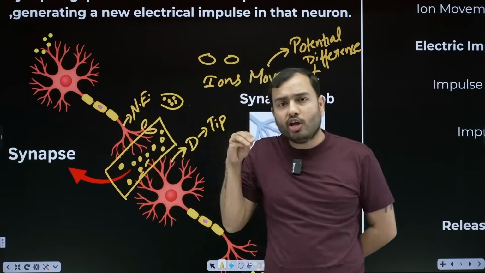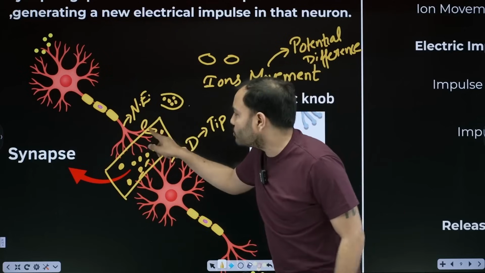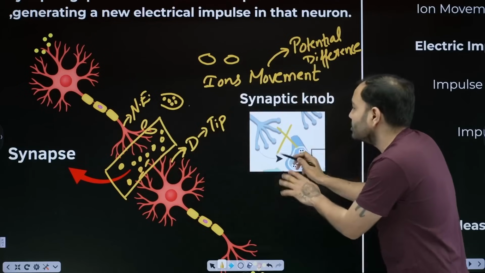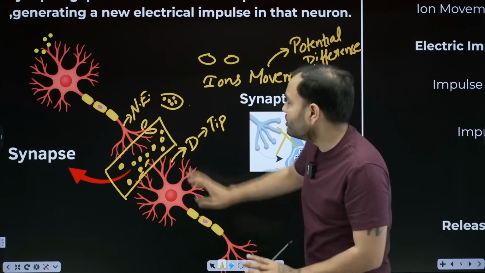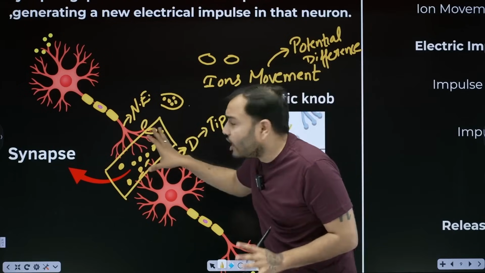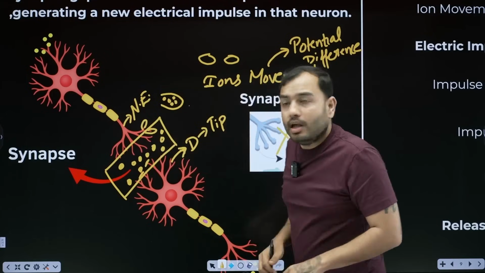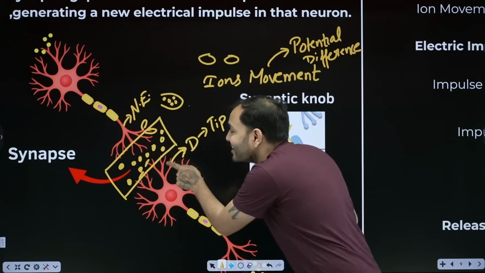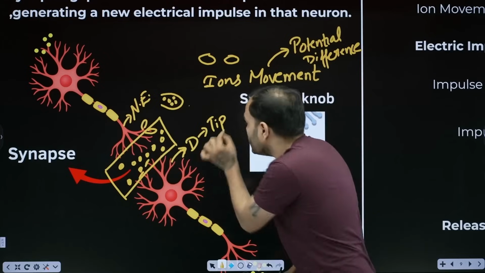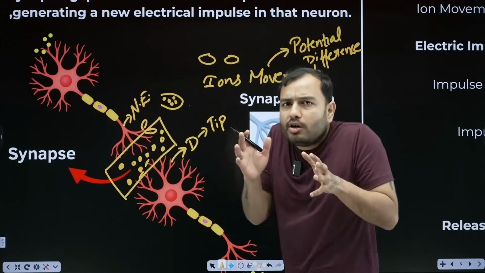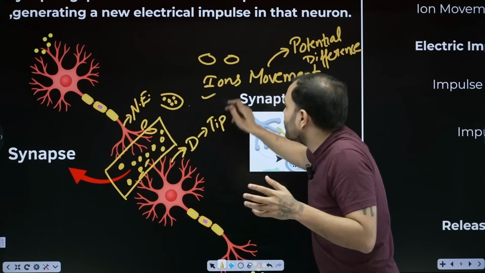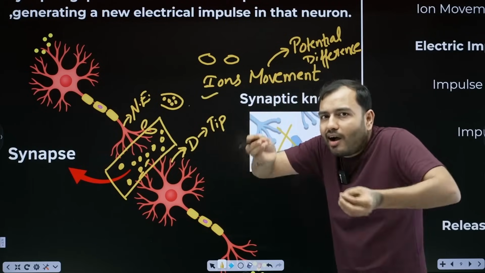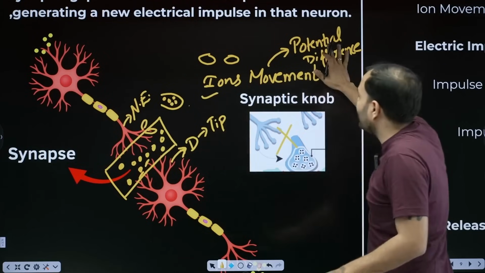It said, let's do one thing. Let's take out the chemical. At its end, the round knob, the chemical comes out from here. The NCERT does not mention the synaptic knob. You don't need to read it. I told you a simple thing. It released the chemical from the nerve ending. The chemicals traveled and reached the dendrite of the next neuron. Now what happened? Chemical reaction. Remember this: movement of ions. From the movement of ions, what happened? Electric impulse formed.